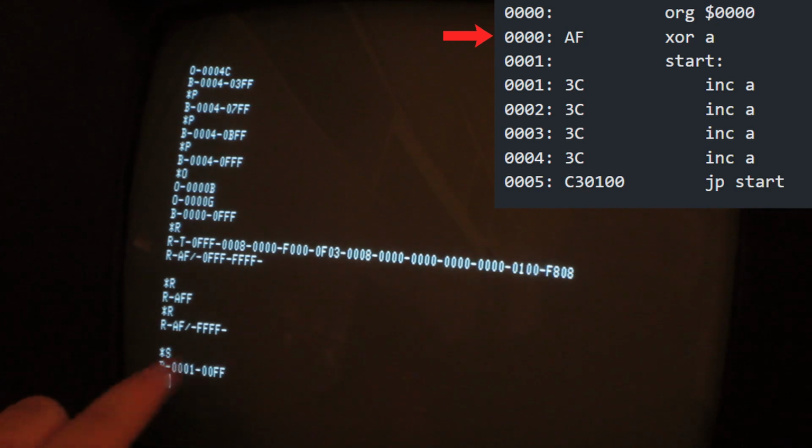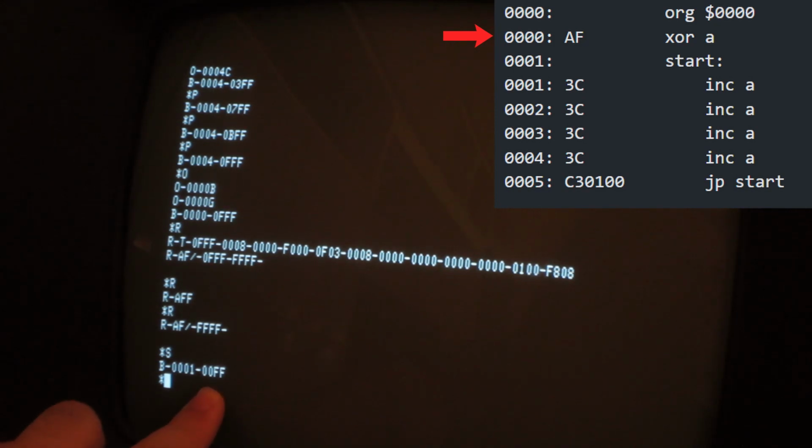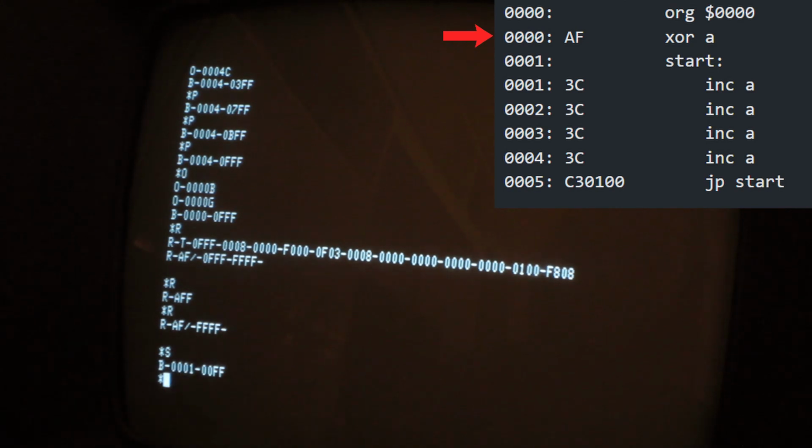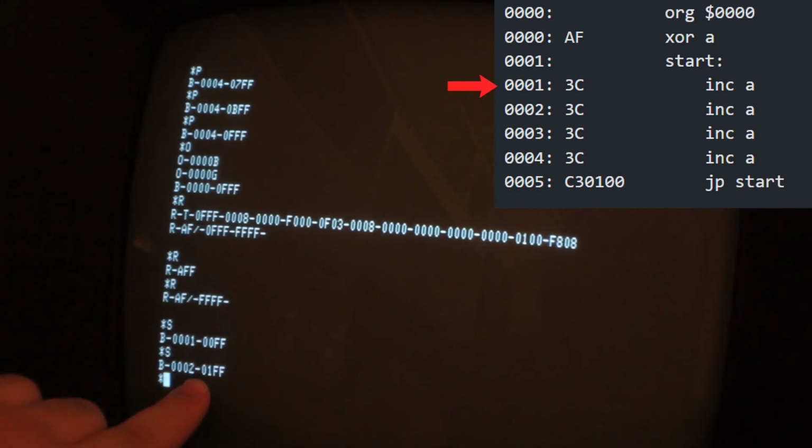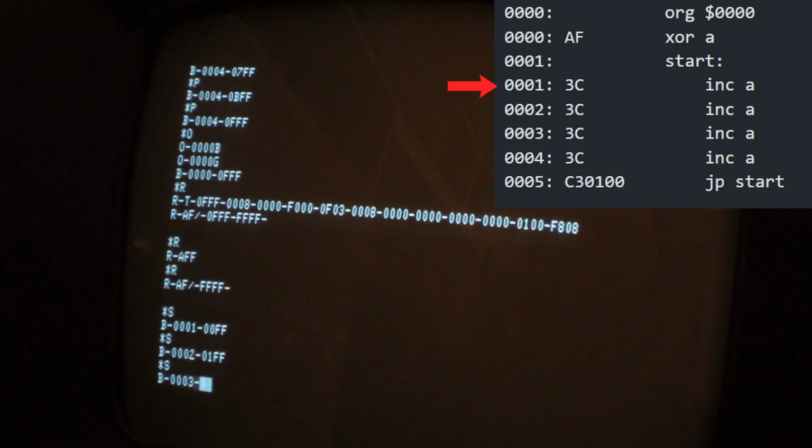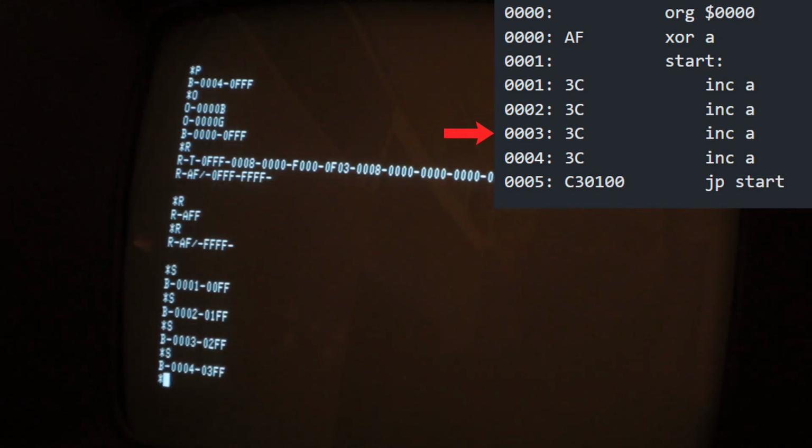So this resets the A register to 0, so it works, and this should increase A by 1, and it will increase it and increase and increase. We can't go further because unfortunately it's not a complete program, so it's missing the handling of the jumps in the single step mode, so I can't do that right now.